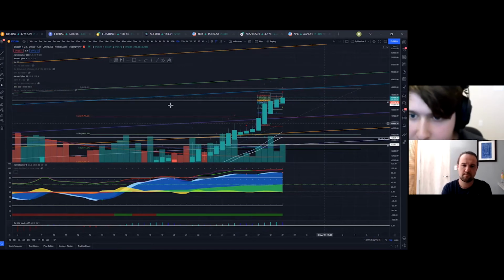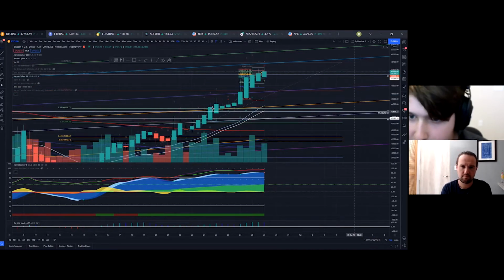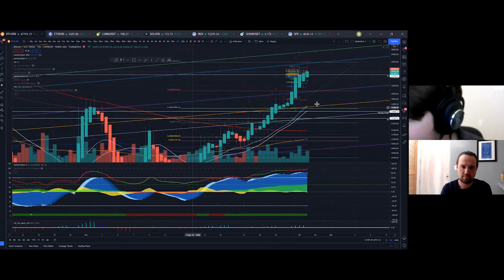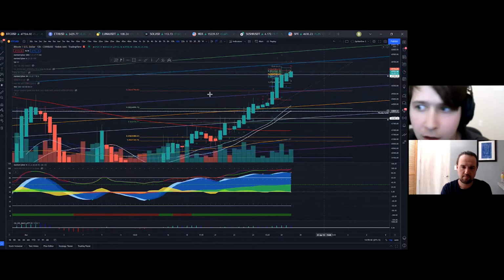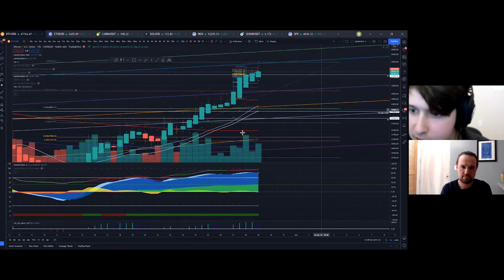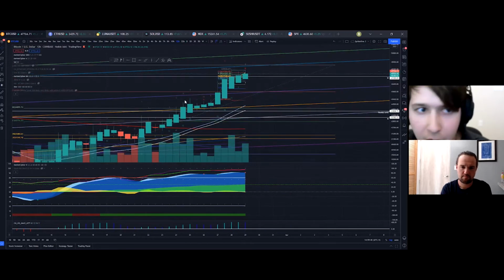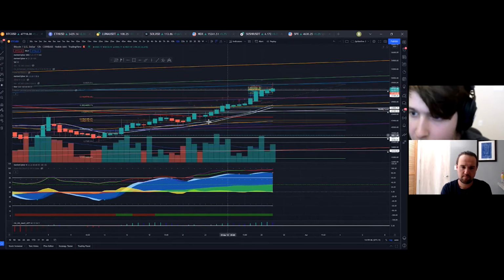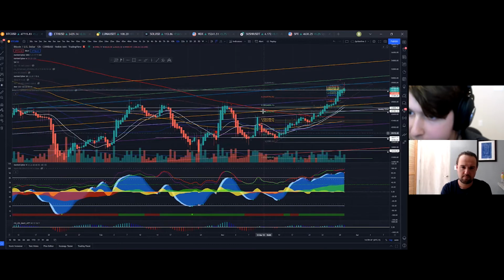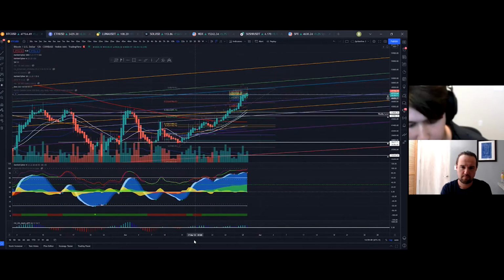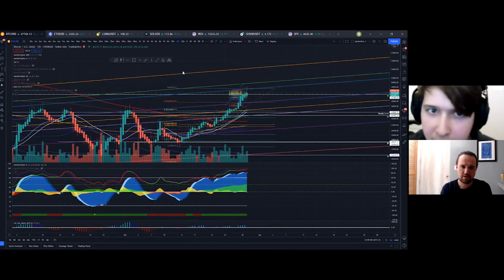That's also the 382 sitting at 44K. We got a weekly level there at 43.9 as well. That would make a lot of sense if this is wave one of an impulse wave reversal. We would see that pullback to the 382 and then maybe push higher. That's what I see in the immediate short term.